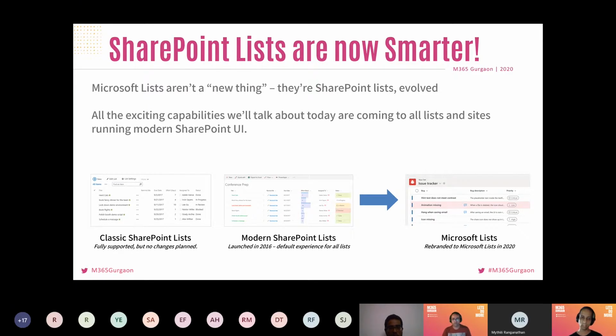They will be easily discoverable to users, and it will be much easier to add data and visualize data both on existing lists and the new lists that one ends up creating. So this is just a rebranded, but really a very important milestone in the SharePoint list journey. I think that is really good to track what's happening in this space.